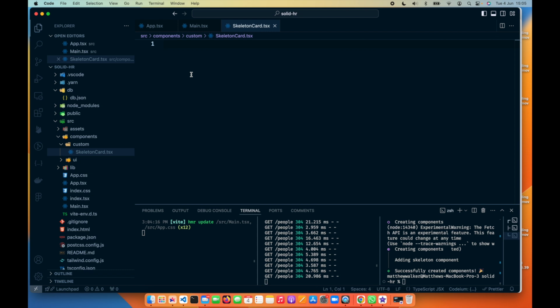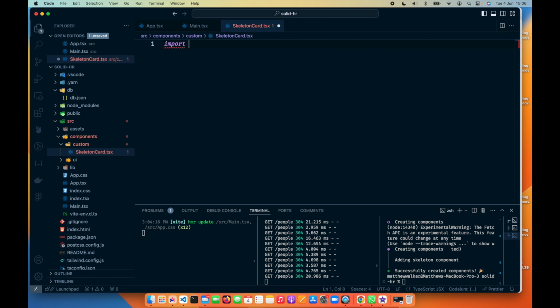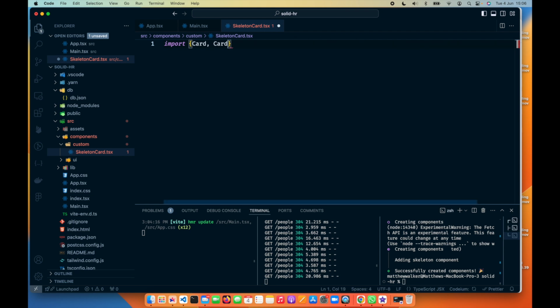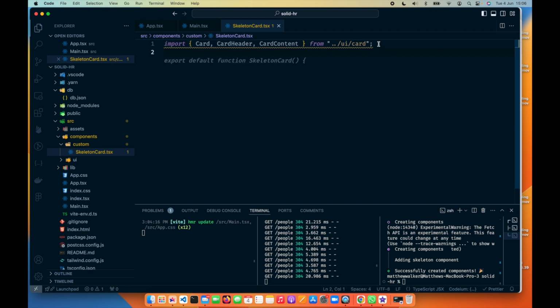In this skeleton card, we first of all want to import all the card stuff: Card, card header, card content. Do those for now. We want to be in UI and we want to be in the card. We also want our skeleton component,